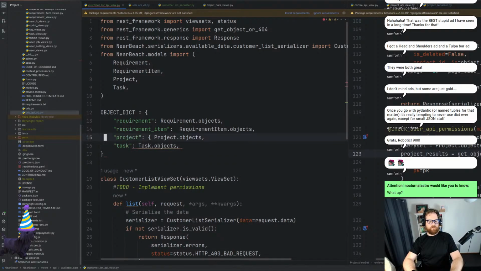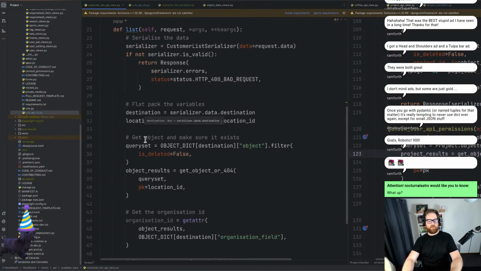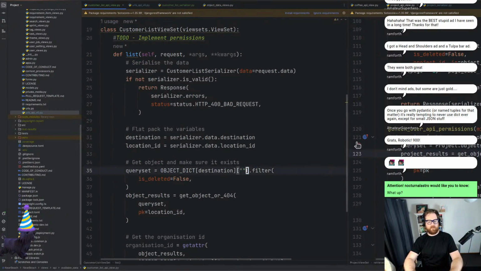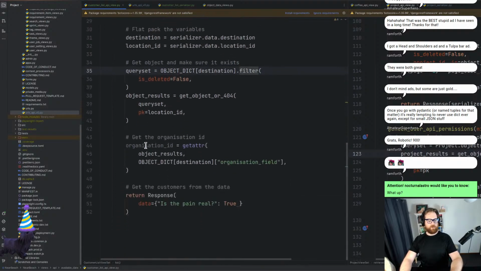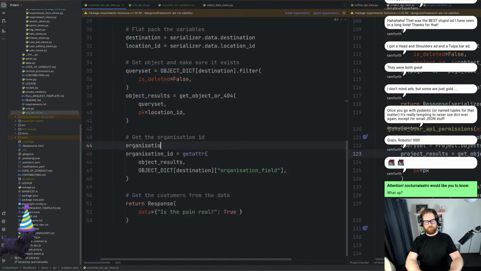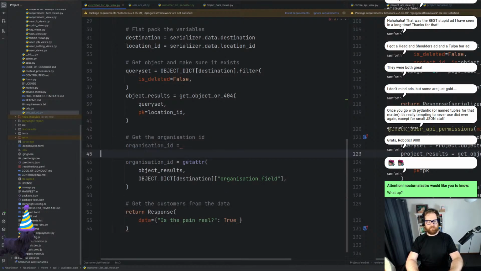So we should have that all done now. So we've simplified that code. If we go down, we no longer need the object here, because we have the object dictionary with the destination, and then we'll filter. And then we'll go down here with getting the organization ID. What we'll do is we'll set organization ID to 0. And then if